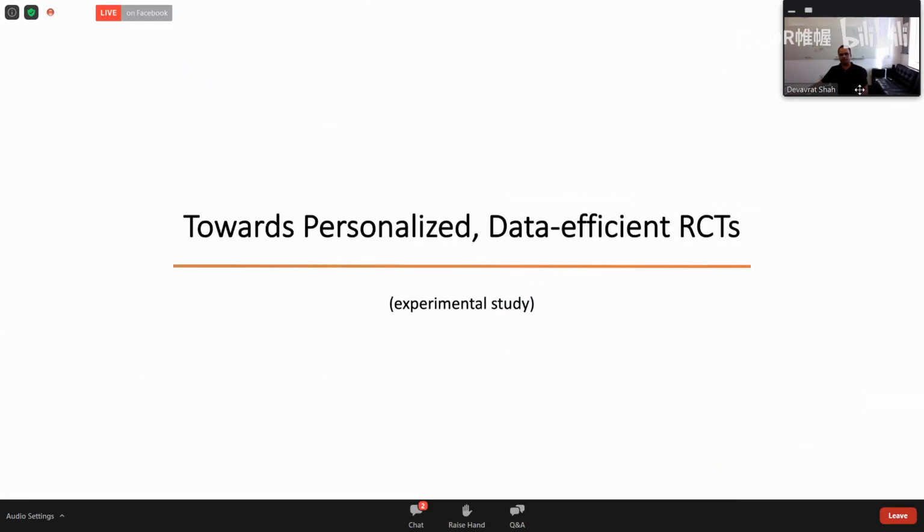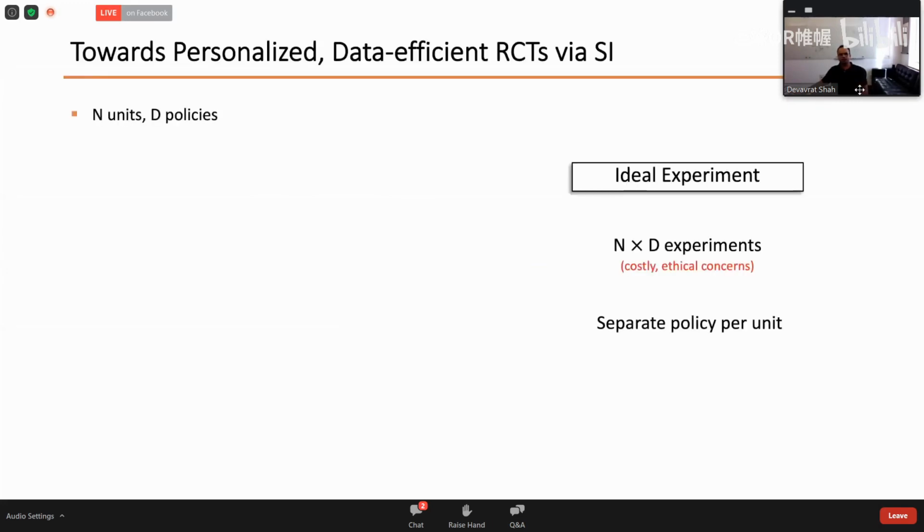Okay. So with that as an introduction to the method and a high-level explanation of the method, hopefully the method was simple enough to explain how to use it, and some theoretical results. Maybe in the remaining 6 to 8 minutes, what I would like to do is to explain how this can also help us not just do observational studies, but also do personalized randomized control in a data-efficient manner.